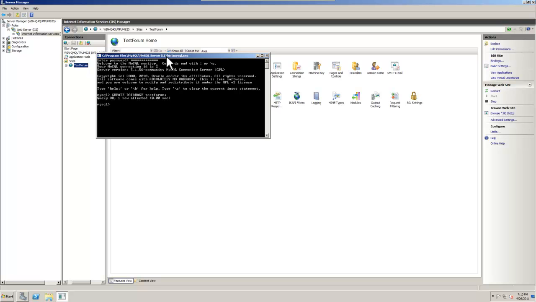Now the next thing we need to do is twofold. We need to create a user which the forum software will use to connect to the database and make changes, and we need to give it permission to make changes to the testforum database. The reason we do this is we don't give it root access, because if we ever have multiple databases and so on, we don't want a security breach to possibly affect everything. So it's to minimize risk to a degree. So the next thing we're going to do is type grant all on